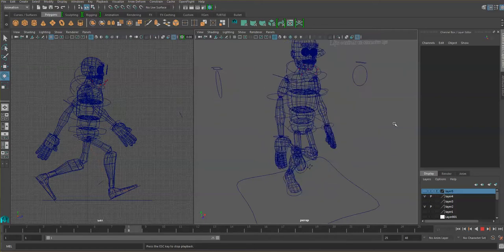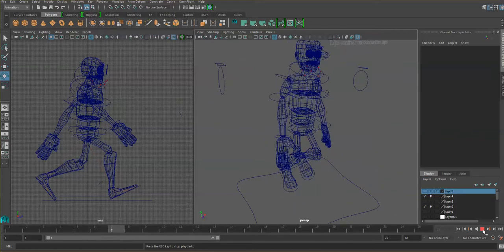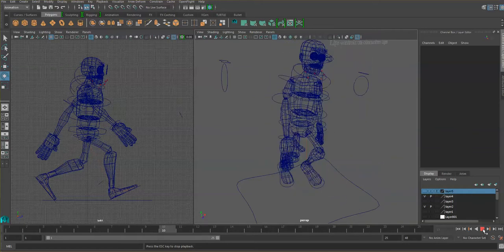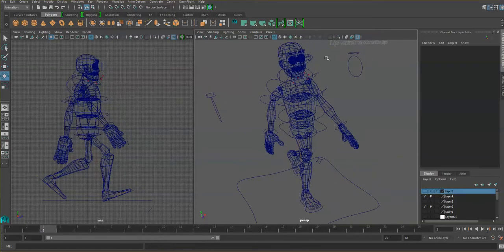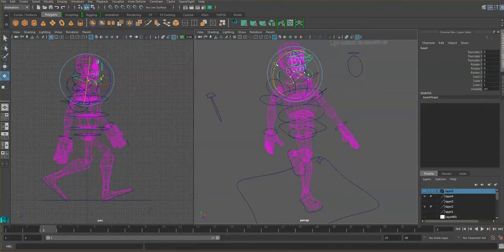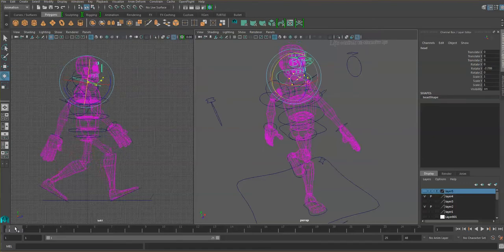So just use your criteria, edit it to your liking, okay? And now you know how to do it. Now you know how to set the keys. In the same manner, I would probably add a little bit of a head bob. Maybe